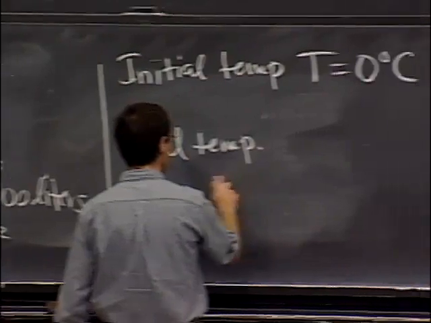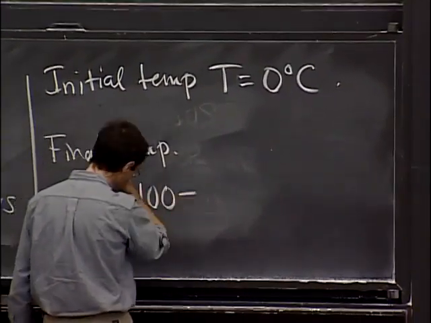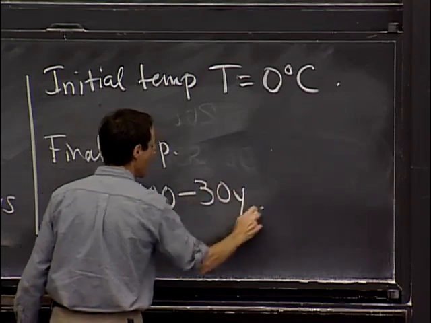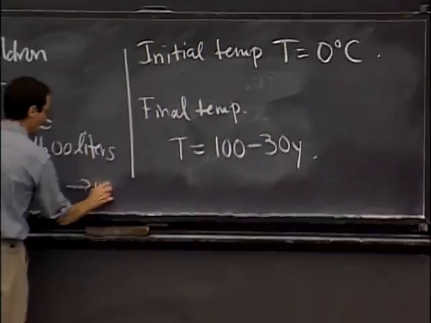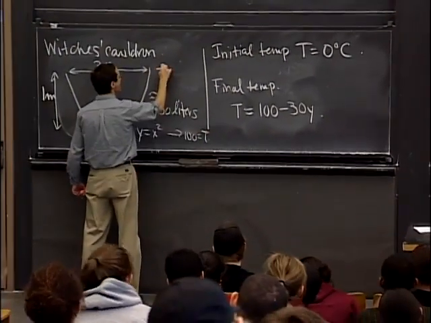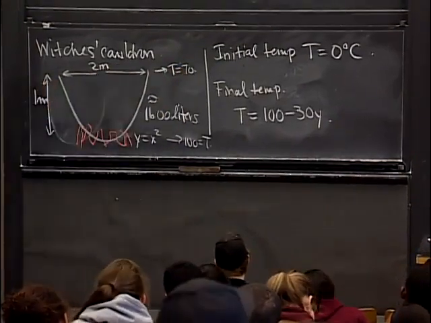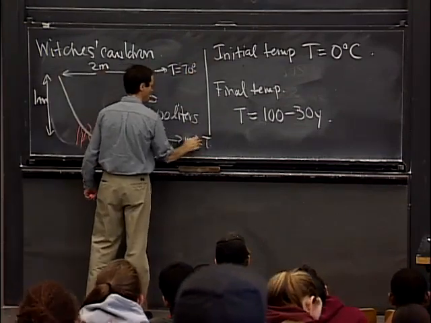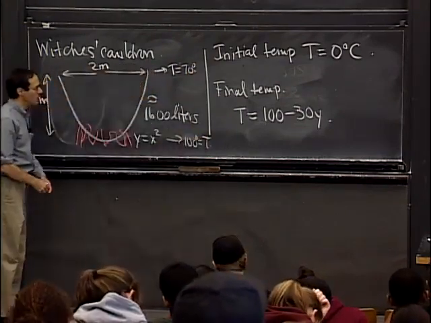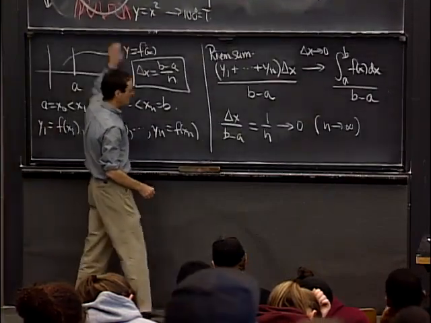The final temperature was given by the formula T equals 100 minus 30 times the height y. So at y equals 0, at the bottom it's 100, and at the top, T is just equal to 70 degrees. Okay, so this is the final configuration for the temperature. And the question was, how much energy do we need